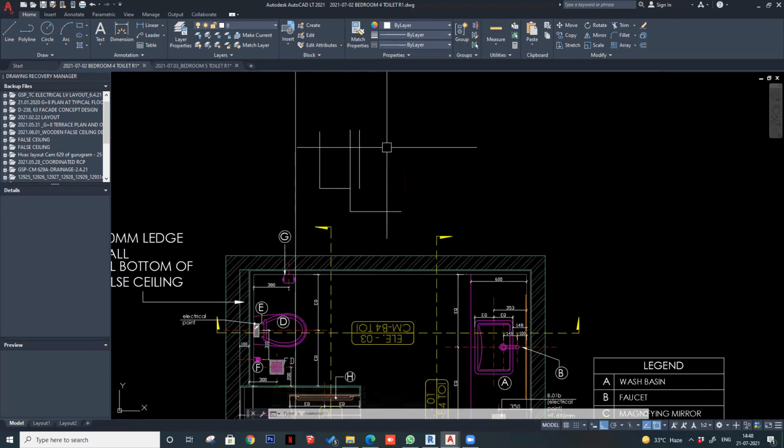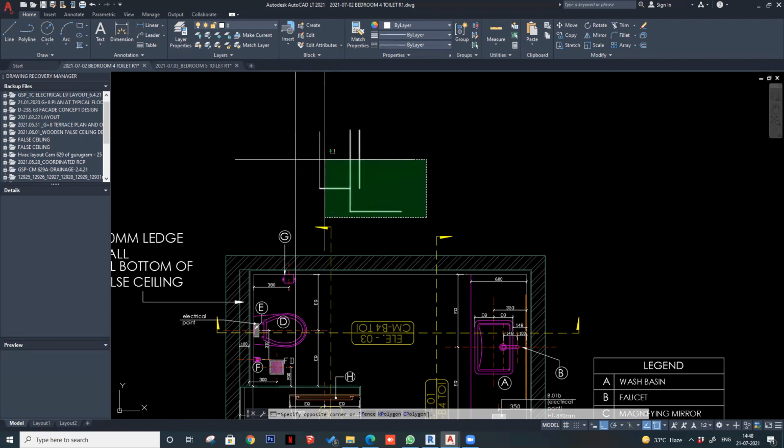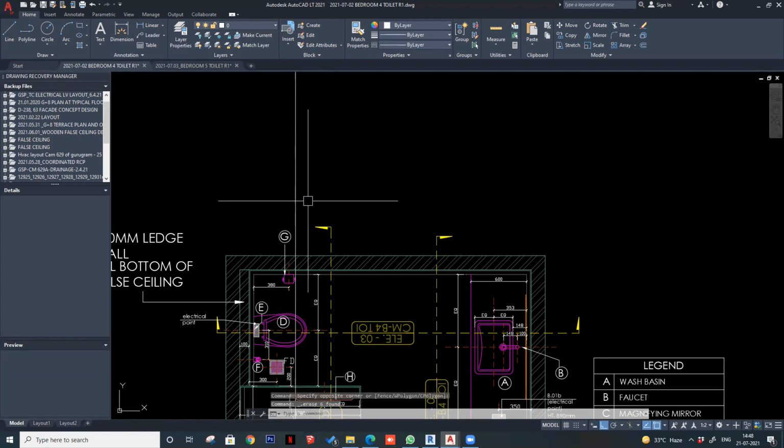So these clash points are important to address. Otherwise, you'll have to make revisions again and again. You guys understood what I'm saying? Yeah, sure. Okay. So this is the third information you need, that is beams and sunken areas. You'll have to mark them on your space and then do the drafting accordingly.